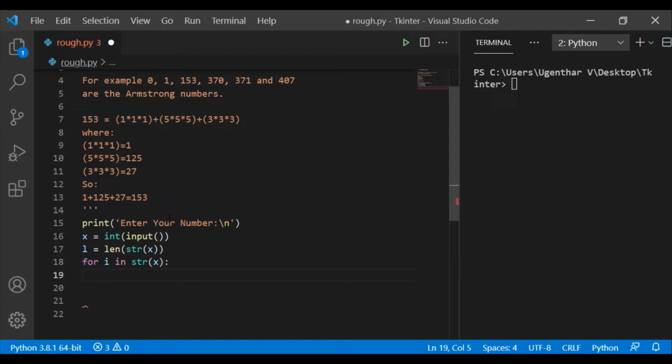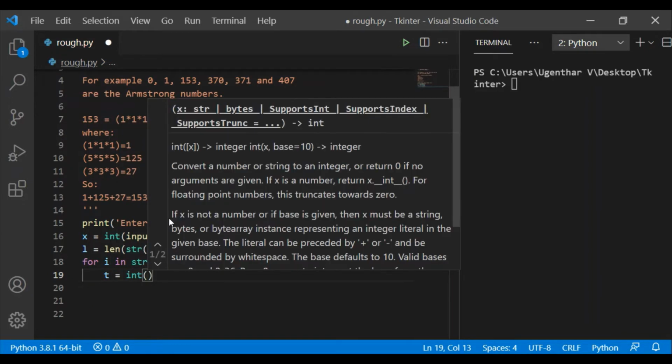I am getting each and every character in the string using the for loop, and again I am converting this into an integer, like t is equal to int of i.